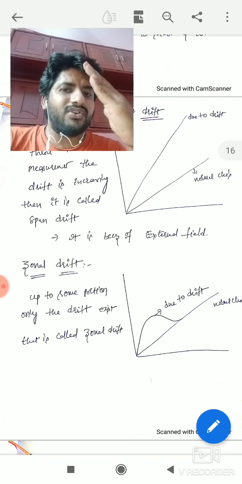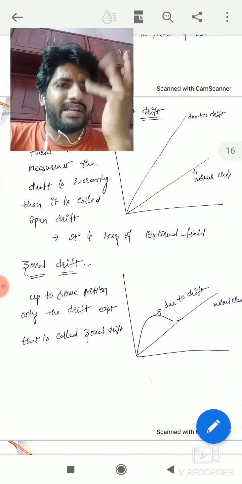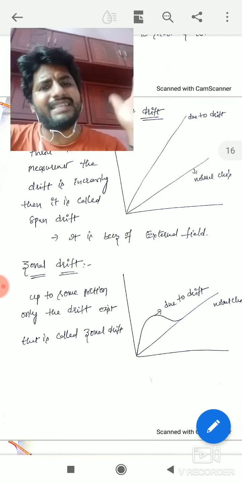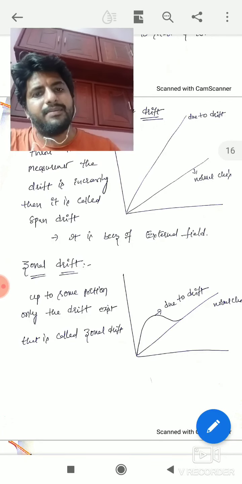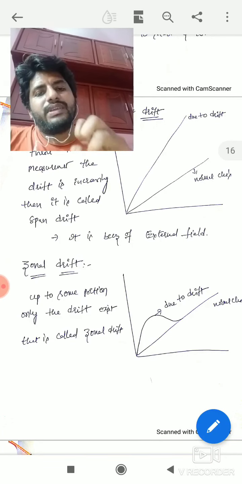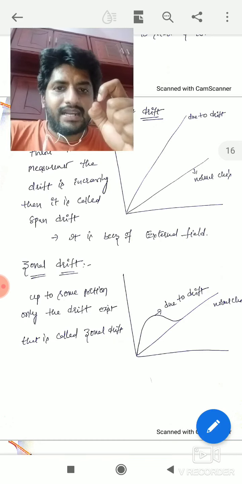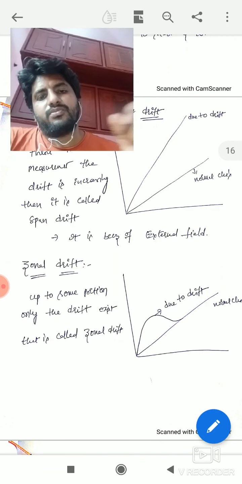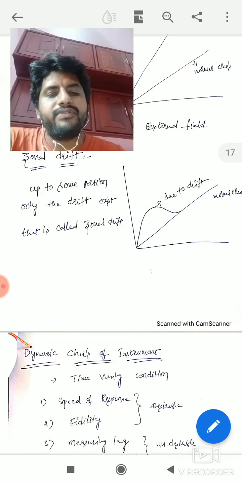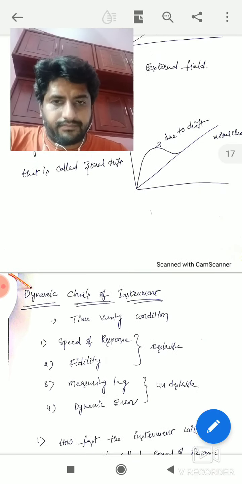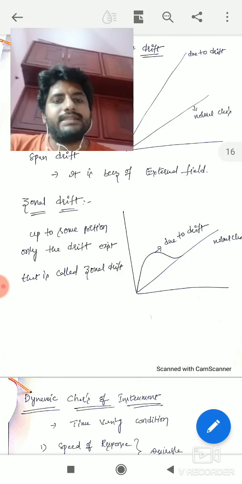Definitely, if a pointer starts below 0, you don't require that type, it will read an error. So that is undesirable. So that's why we can call a drift an undesirable static characteristic for an instrument. Right? After that, so these are the undesirable characteristics. So what are the